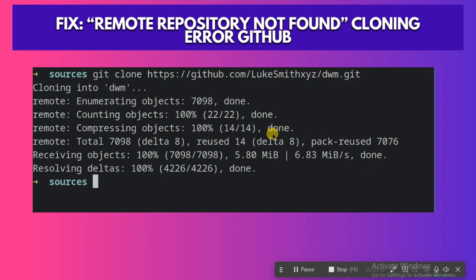This is the video that will finally help you fix the remote repository not found error when cloning a repository on GitHub. If your Git commands fail and you cannot clone a repo, stay with me because this will make everything very simple. Are you also facing this problem where GitHub shows remote repository not found, even though the repository